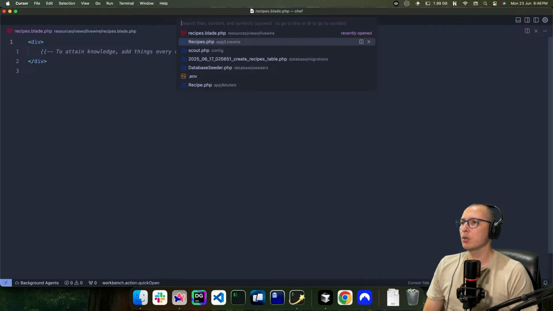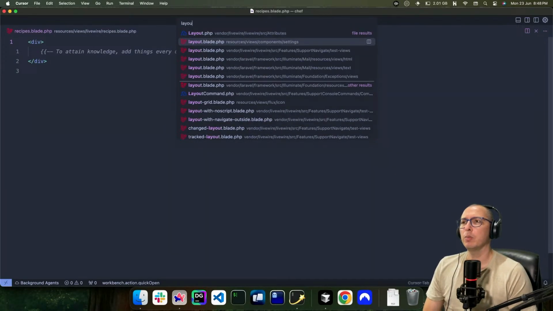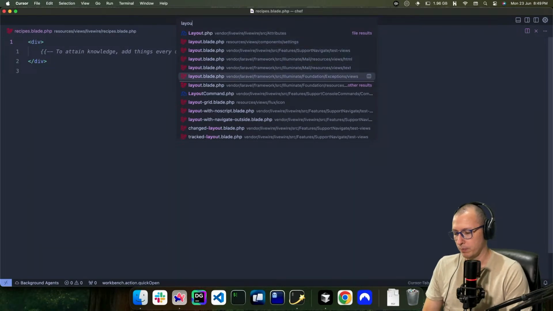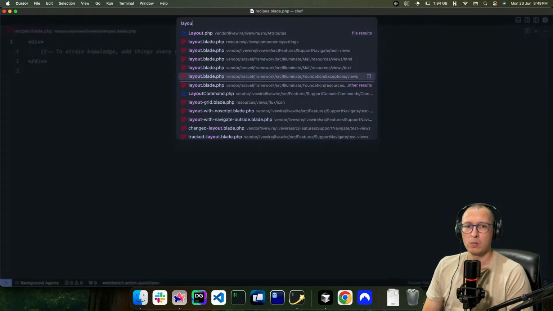Only a section I would need is this. Layout.play.php component settings. No, that's not it. Where is it? Ooh, what did I do?